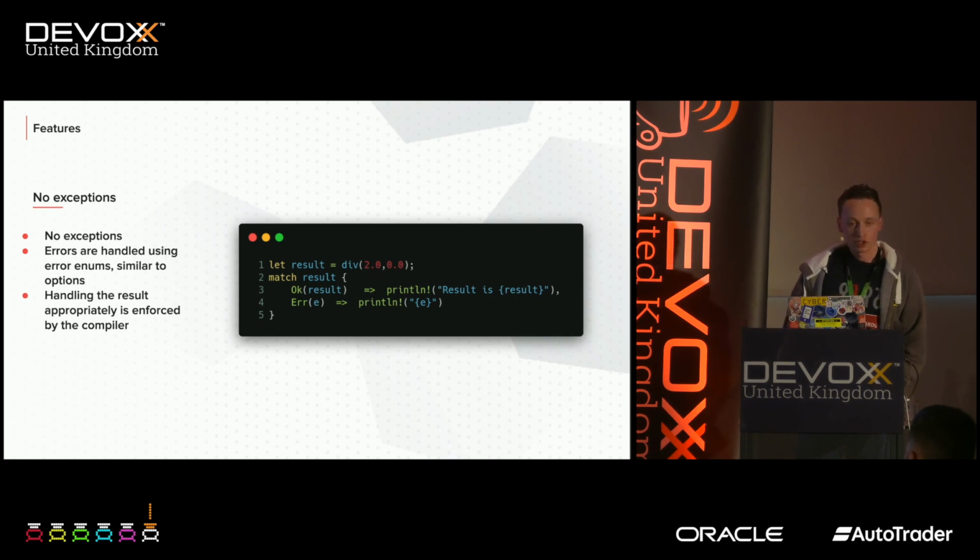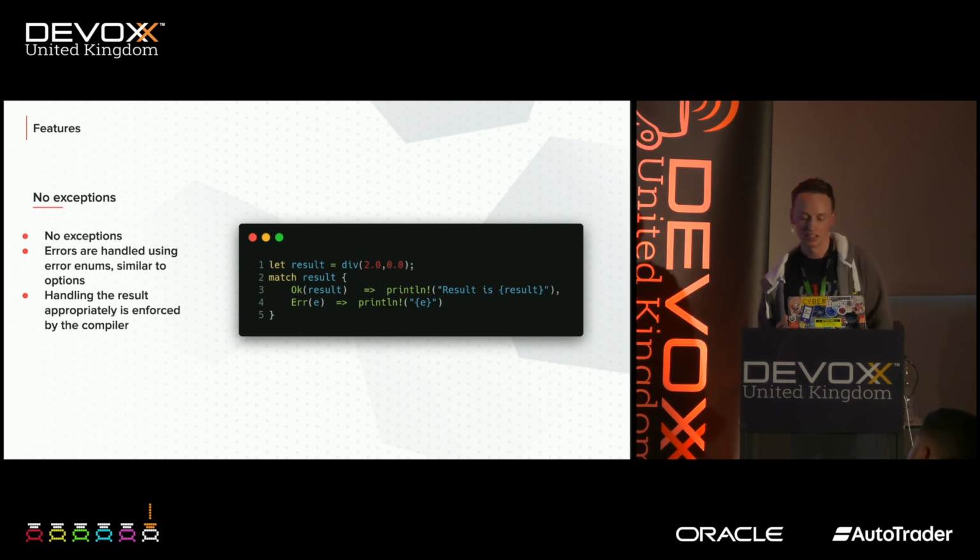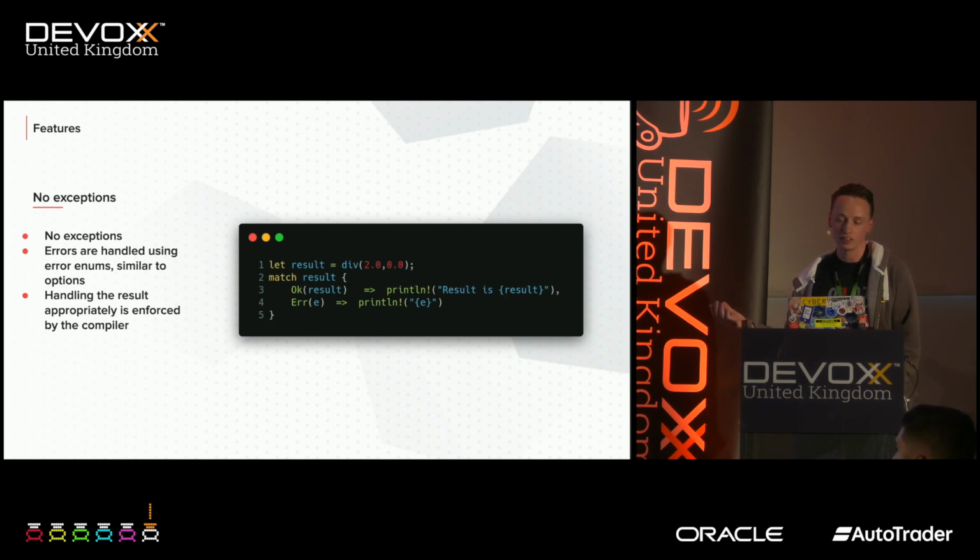And in the case that a function might throw an error, we don't have any exceptions. We don't have any try statements. We don't have any catch statements. Again, what we do instead is we embody this problem in the type system. So we have a result type that works similarly to the option type, but if there is nothing there, it can also provide an error.